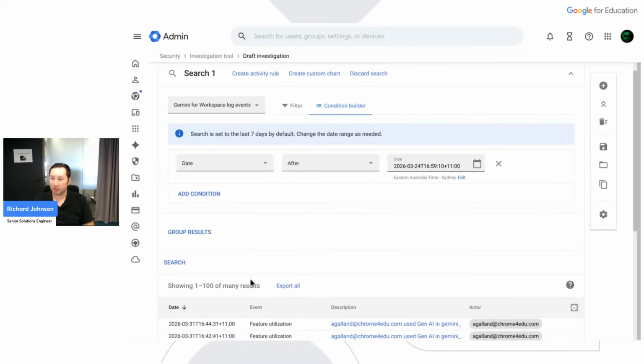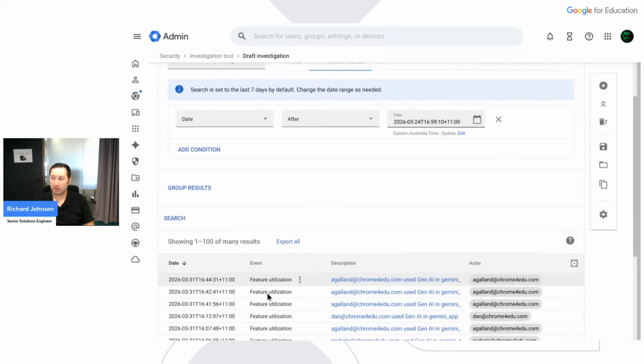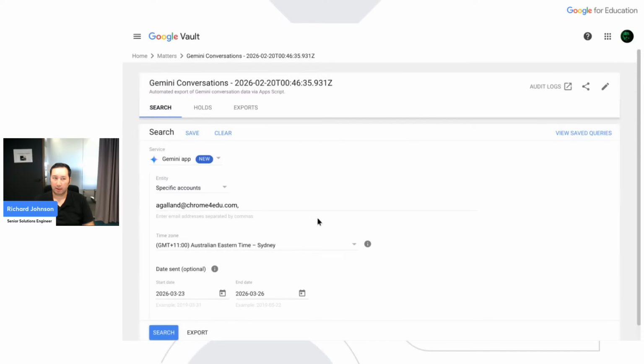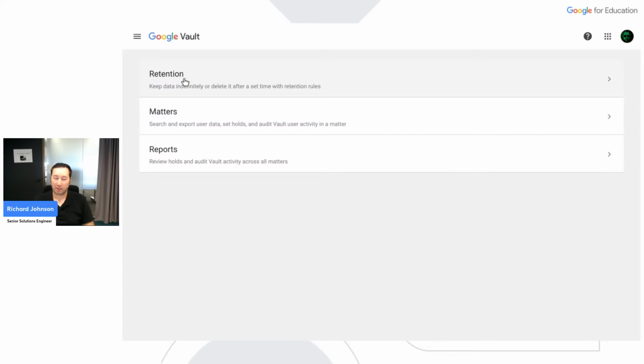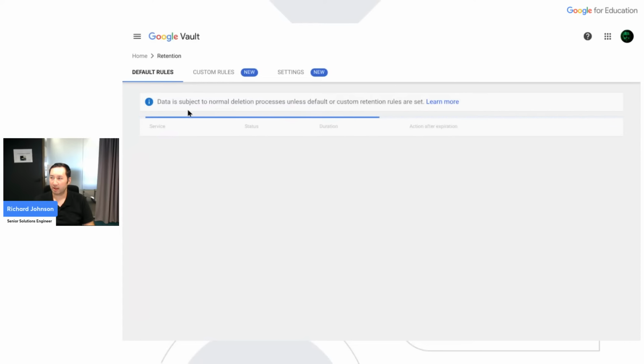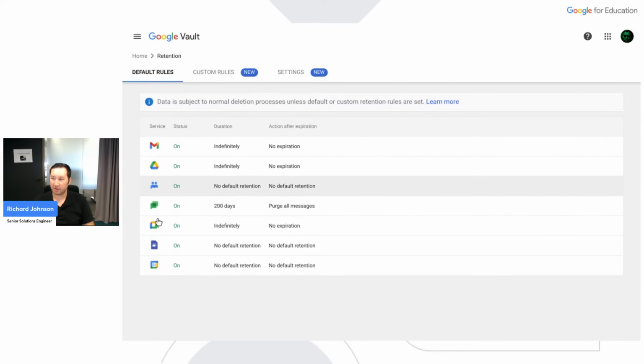And this will bring me back some results and it will tell me who's been using it. Now, it won't go into great detail as to what they've been doing. That occurs in a tool called Google Vault. And you'll see here, this is Google Vault. Now, what I've done here is I want everyone to make sure that they've set their retention rules. And that is, you want to turn all of these services on and set a time period for them. If you haven't done this today, it's recommended that you do so. Vault does not work retroactively. So if you set it tomorrow and you wanted to look for something from yesterday, it's too late by then.